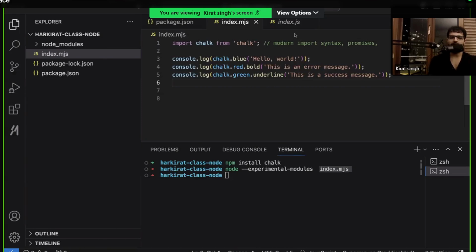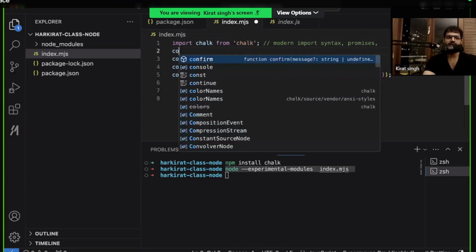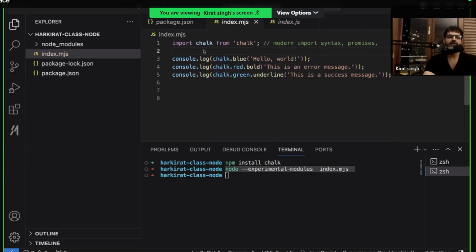The way I ran the MGS code is by running this specific command over here. Chalk isn't working for me. If it is not working for you, we'll go to a different module. Chalk specifically enforces this. I'm sure there might be a way to run this before ES6 as well, using the require syntax. That is what I was trying to find over here.